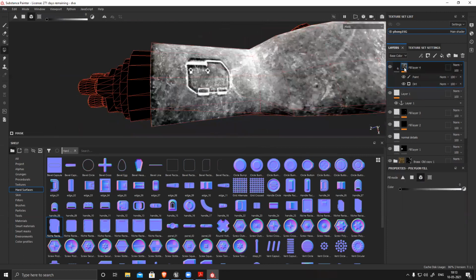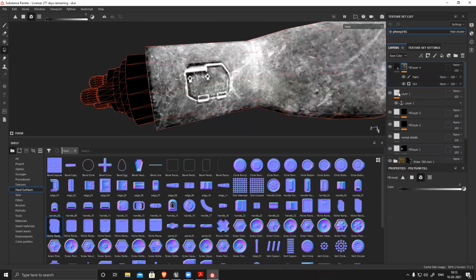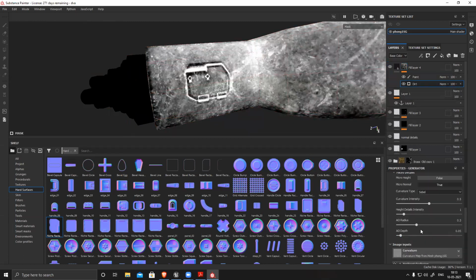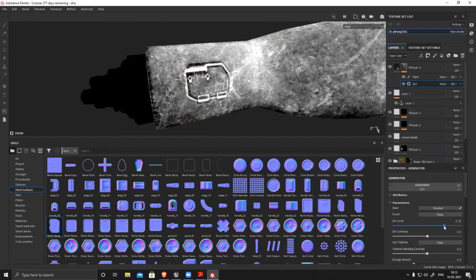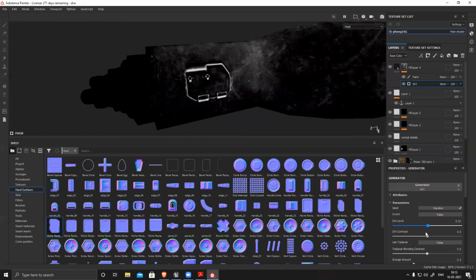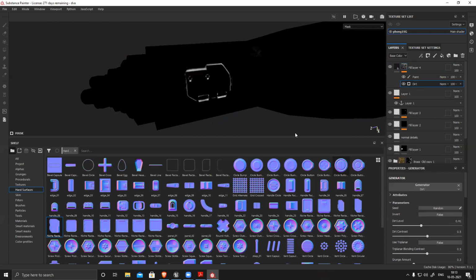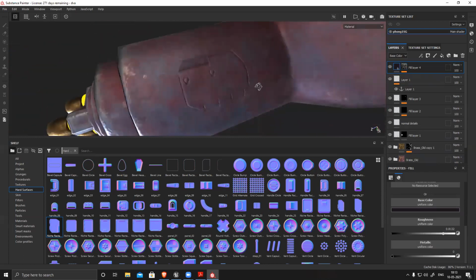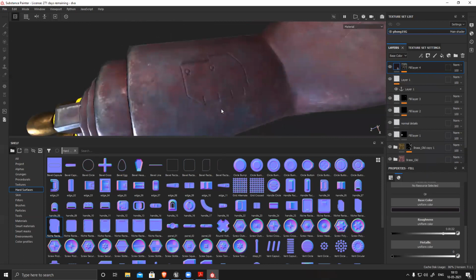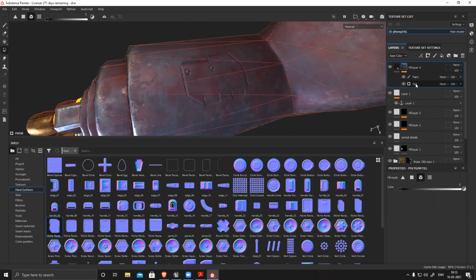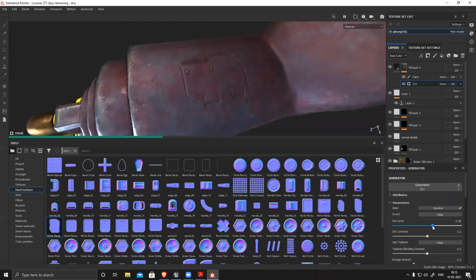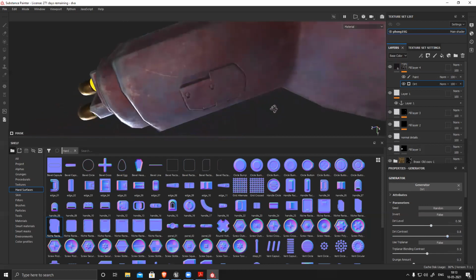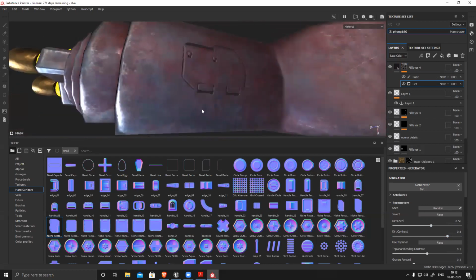That is something I don't want. I want it to affect this area only. So I'll modify my dirt setting, amount of dirt, reduce it. It's affecting this area only and a little bit here. Now I can see most of the part is visible, but this dirt is there, but it's really light. So I'll increase it slightly. Contrast I can increase, and it's affecting only this section.